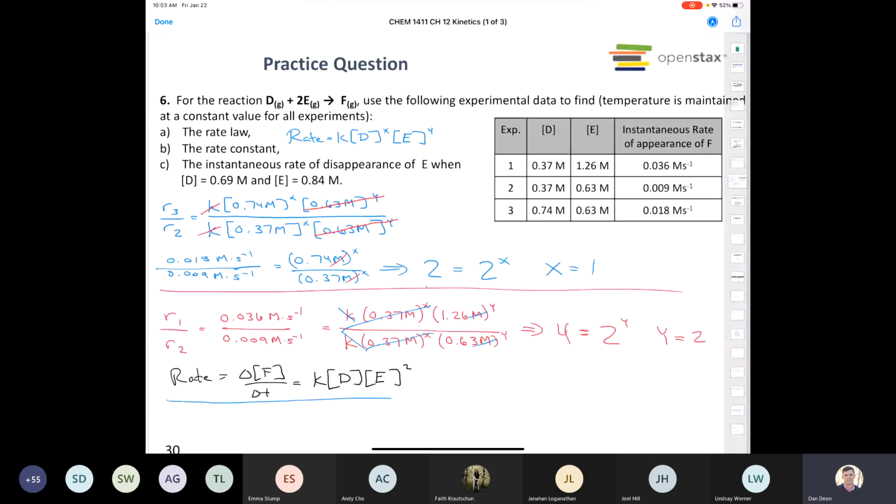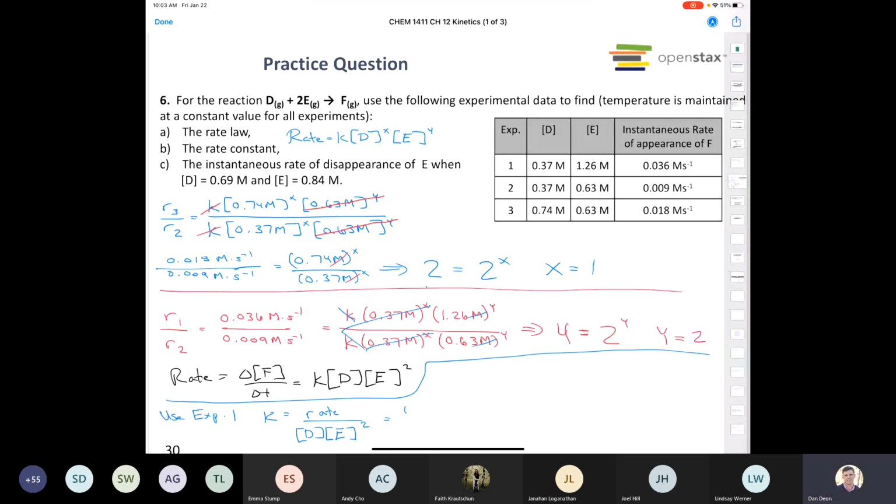I don't have a lot of space left here, so I'm going to make some space. So we'll use experiment 1, and we're going to say that k is equal to the rate divided by the concentration of D times the concentration of E to the power of 2. So plugging in the numbers,